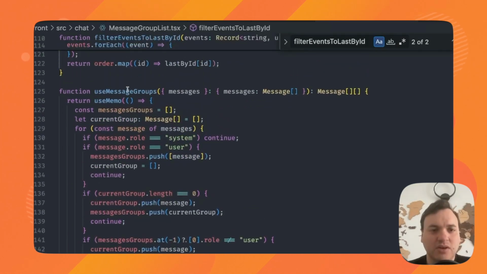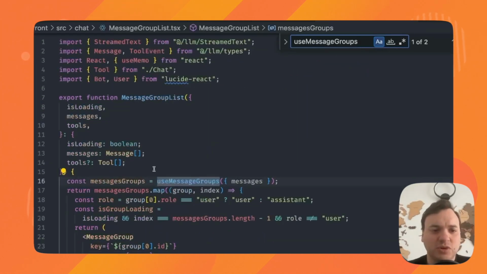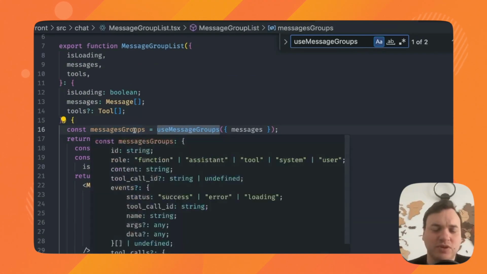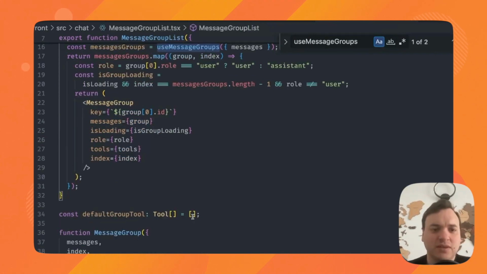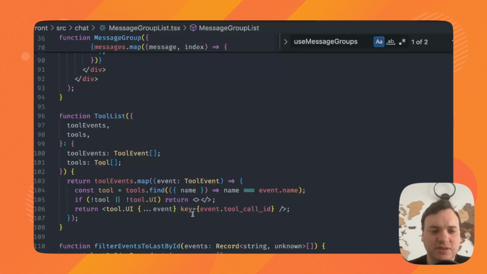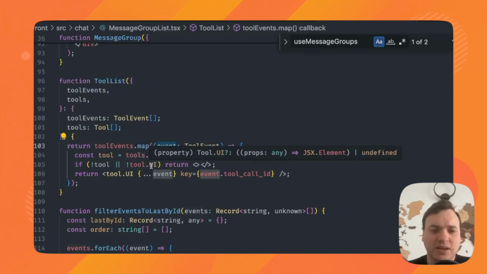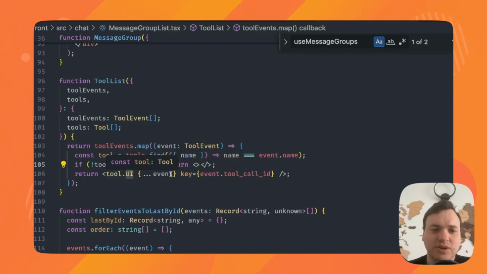And here we have our hook, useMessageGroups, that is used to group messages together in a single group as needed. So with that, we just need now to render our UI. This is done here. As you can see, we have our tool events, and for each event, we look whether there is a UI, and if yes, we render the UI. And we are done.